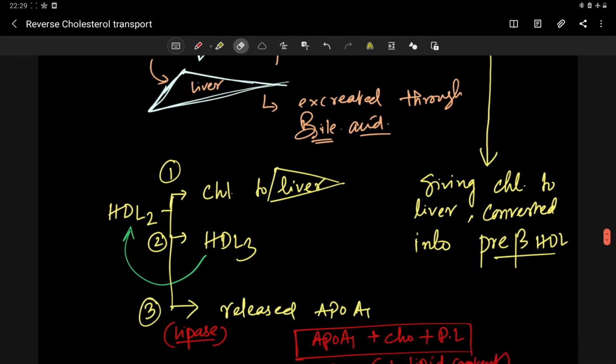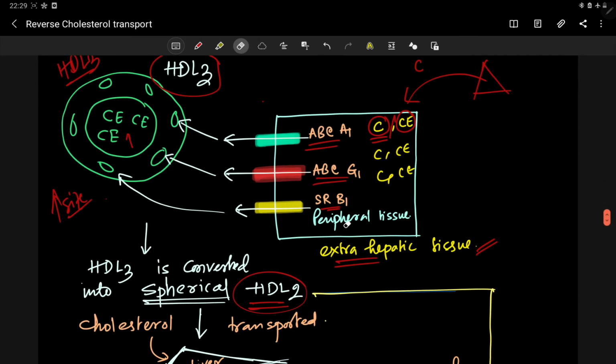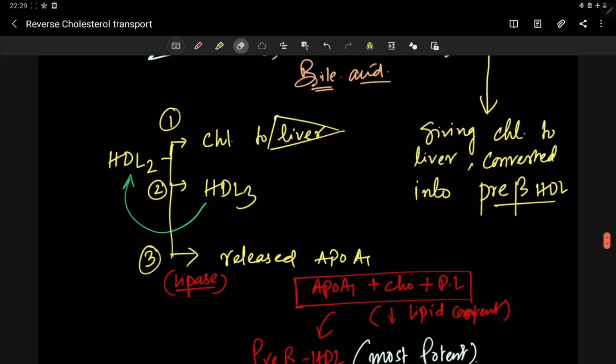Now here you can see the other fates of HDL2. HDL2 gives cholesterol to the liver. This is one fate. HDL2 is converted into HDL3, and then further conversion of HDL3 to HDL2 takes place. I already told you that HDL, after receiving cholesterol from the peripheral or extrahepatic tissue, is converted into spherical HDL2. And also you can see, in the presence of some endothelial lipase,